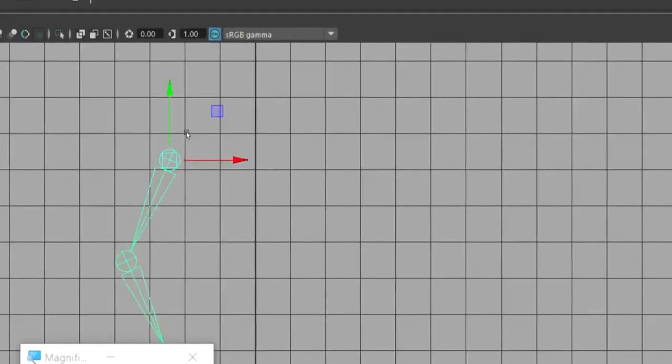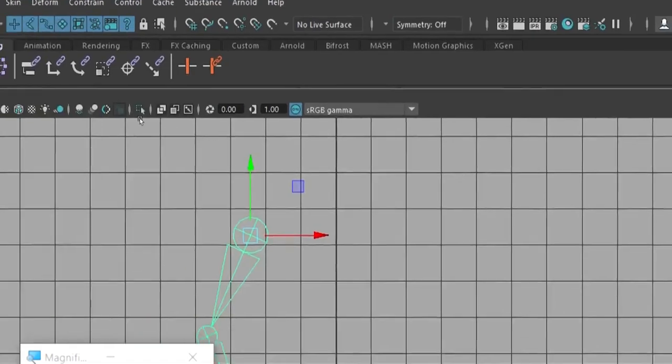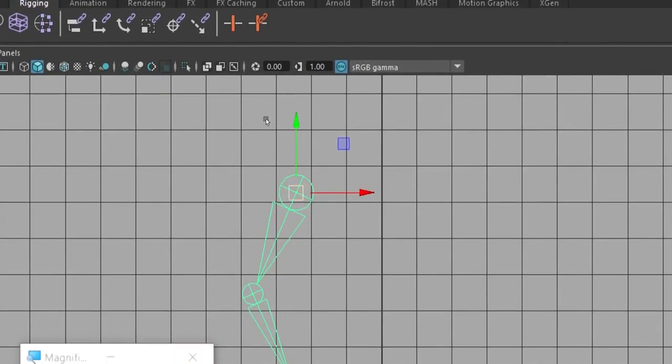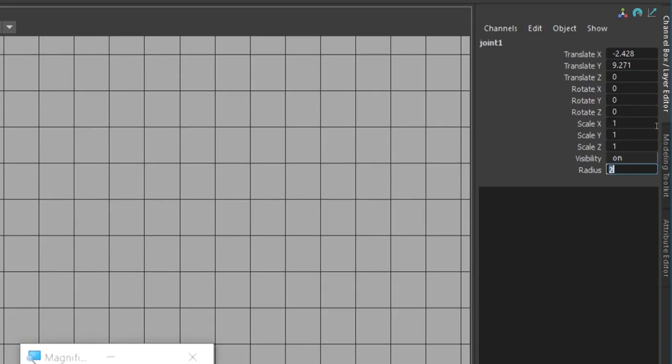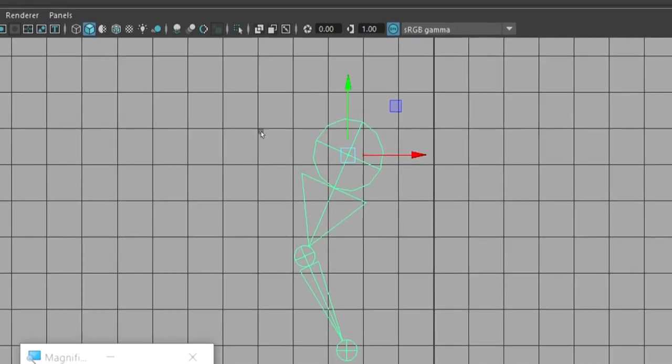It is 0.6 for me. What if it is 1? You can see the radius size is bigger. What happens if it is 2? The radius of the shoulder joint is too big, so the bone looks very small, or the distance between the elbow and the shoulder looks very small, and it does not look like a human arm structure. So this may happen.